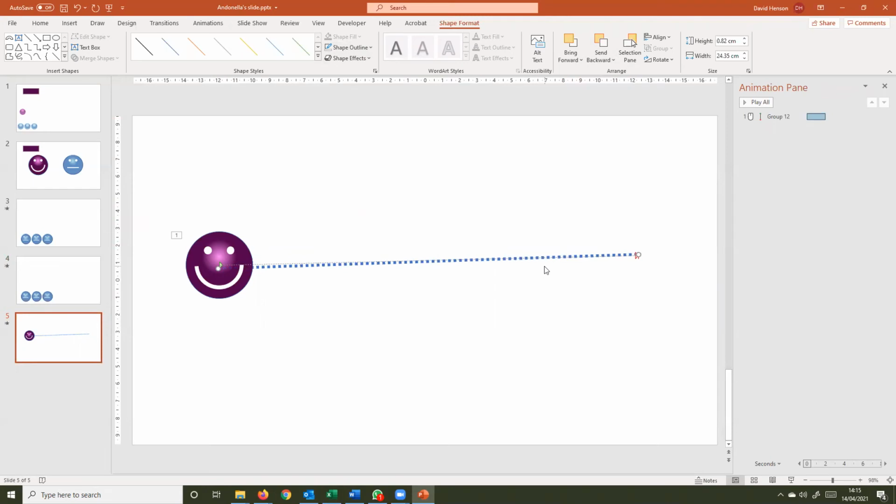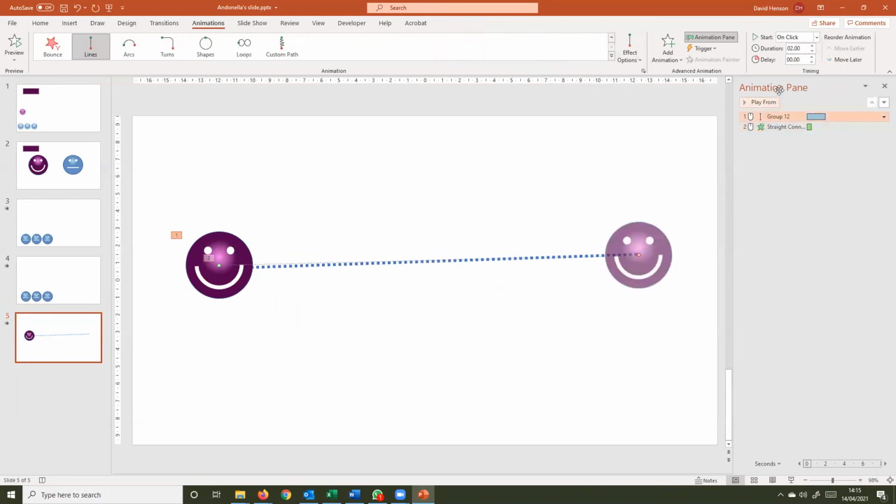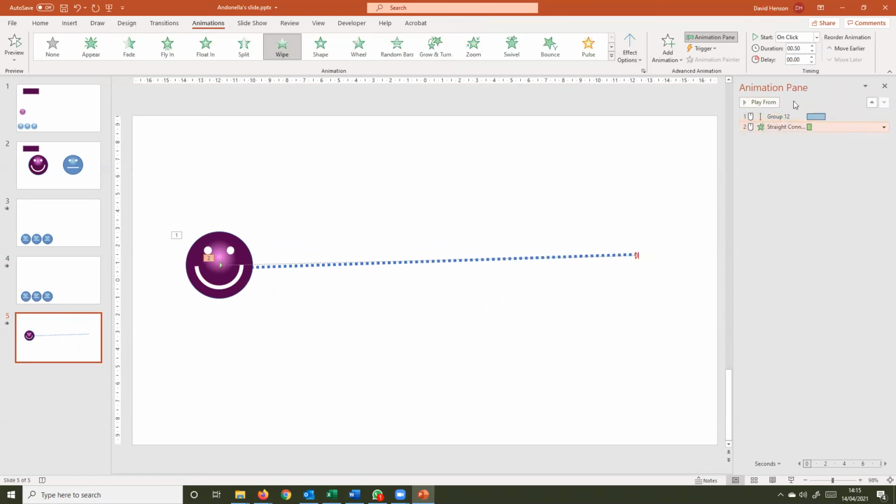And then what I would do is a wipe animation, wiping from left, and do it at the same speed as the motion path, which is 2 seconds. So the wipe also needs to be 2 seconds. And I would then make sure that second animation happens with the previous animation. So now, in theory, if I play that animation,